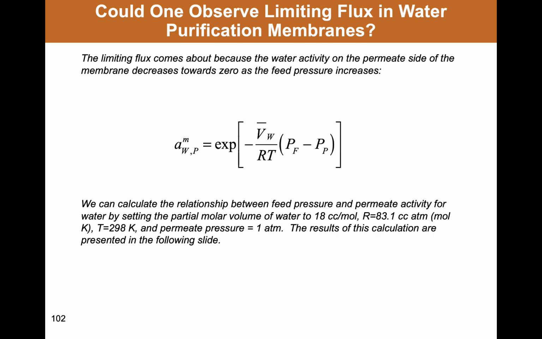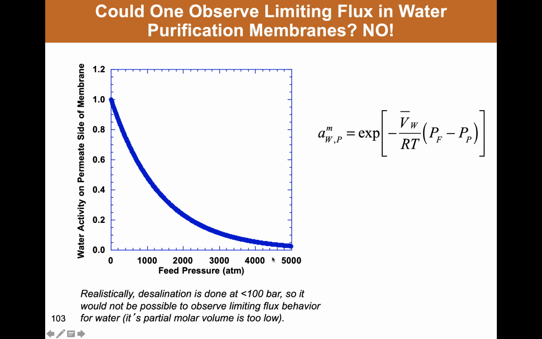Now, we started out by posing this problem in the context of desalination, and so the question is, could you observe this in a situation where water were the penetrant of interest? Now, water has a partial molar volume to first approximation just equal to the molar volume of water, 18 cc's per mole. That's 1 gram per cc and 18 grams per mole. And if we keep the permeate pressure at 1 atmosphere, what you would find is that in order to see